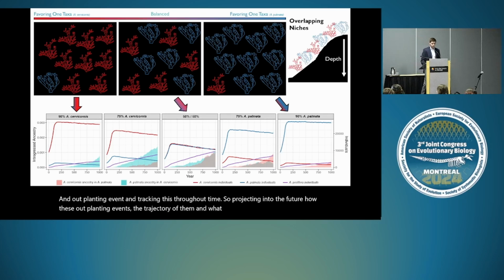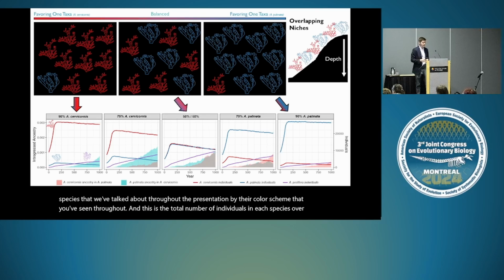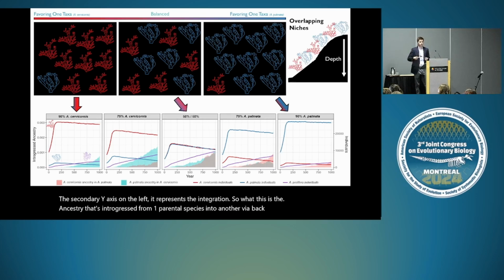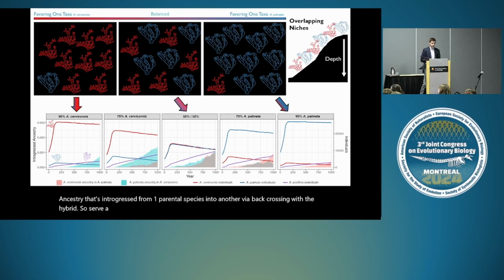What each line represents is the species that we've talked about throughout the presentation, by the color scheme you've seen throughout. This is the total number of individuals in each species over time. The secondary y-axis on the left represents the introgression, which is the parental ancestry that's introgressed from one parental species into another via backcrossing with the hybrid. So Cervicornis ancestry that has introgressed into Palmata is in the pink color, and the cyan is Palmata ancestry that has introgressed into